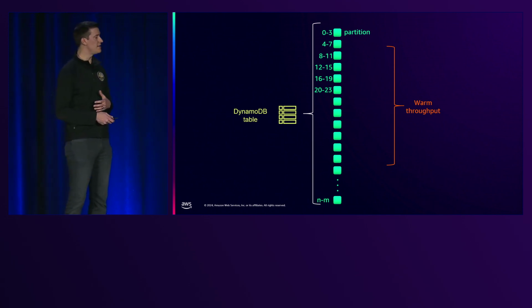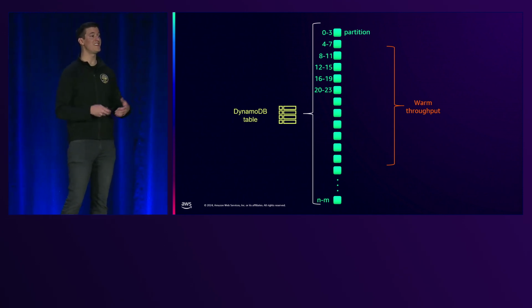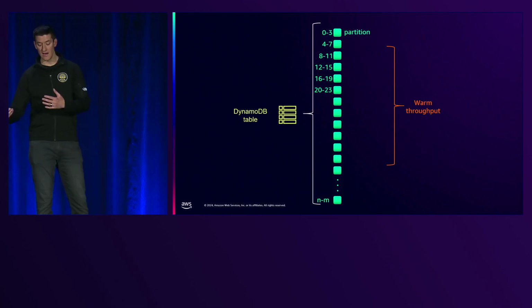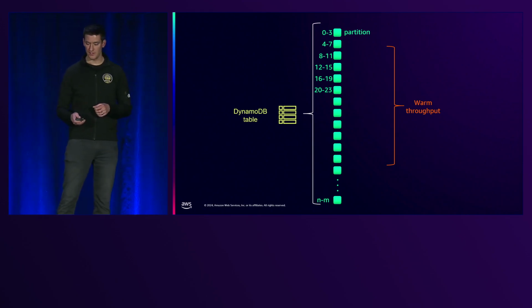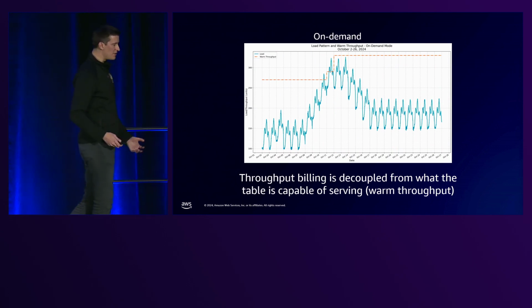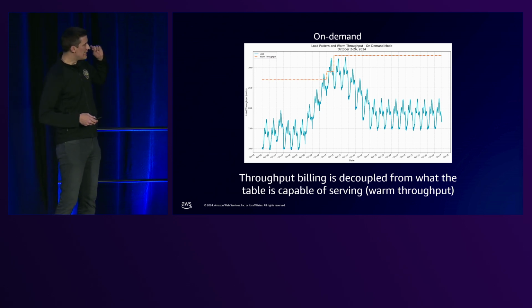But this is a concept that we recently launched a couple of weeks ago, which we're calling warm throughput. And this is really what the table is capable of doing. This is really the partitions behind the scenes that are capable of supporting the traffic that you have. And for illustrative purposes, and why I think this is really important, a key aspect of why a multi-tenant architecture, why the scale-out architecture, and why the way we do this matters to you as customers and as developers, is